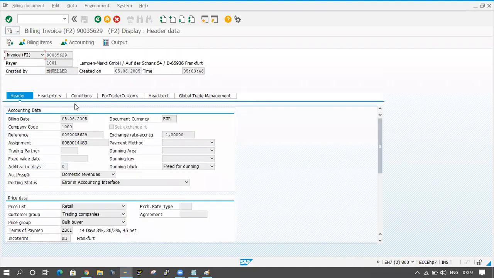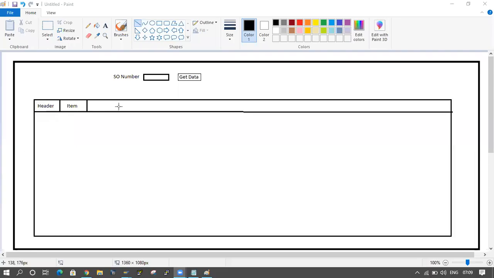So in the VF03, it is displaying something more than here, 6 tabs are coming here. Okay, 6 tabs are coming. As of now, I am adding 2 tabs only here. Okay, you can add if you want to add one more tab here. Okay, I want to add something, billing information for the sales document number. What is the billing? Okay, so I want to add billing also.